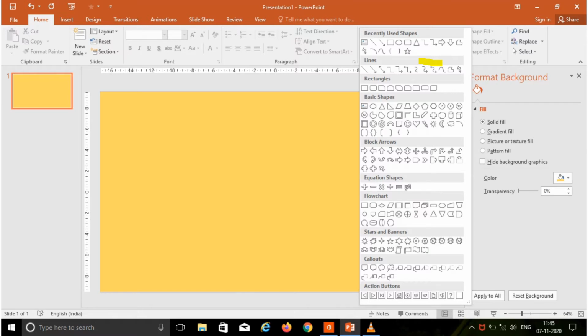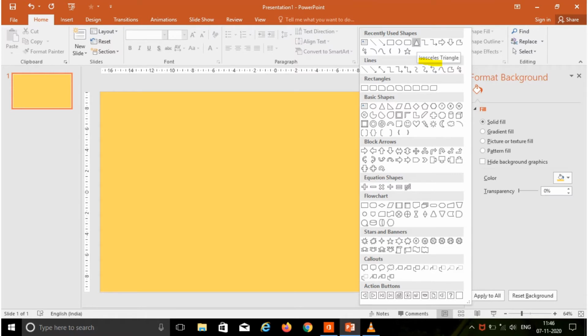In this shapes box, the shapes are arranged under groups. For example, line shapes are under the lines group, rectangles under the rectangles group, basic shapes under the basic shapes group, and then block arrows, equation shapes, flow charts, stars and banners, callouts, and the last one is action buttons.